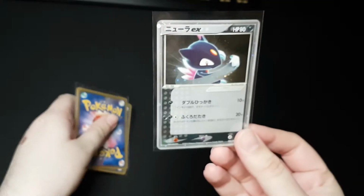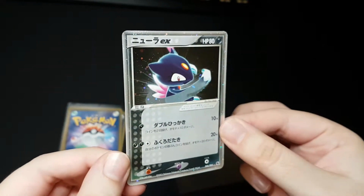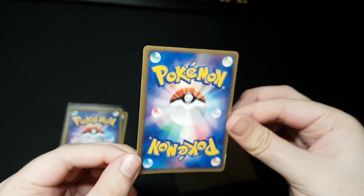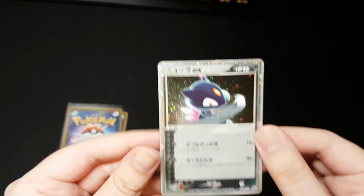And the next card is this lovely Sneasel EX that I ordered for less than $10 from Japan directly. Looks like there might be a print line on the left hand side, now watching this on the video, I'm not sure though. But beautiful holo foil on these EX cards. You really just can't go wrong buying them, and I see a little bit of whitening which I'm pointing out on the video, but overall it's a really nice